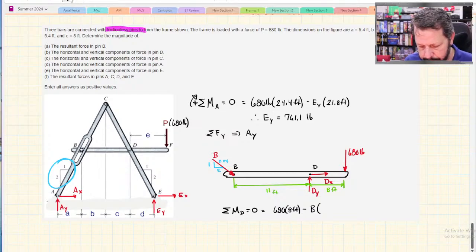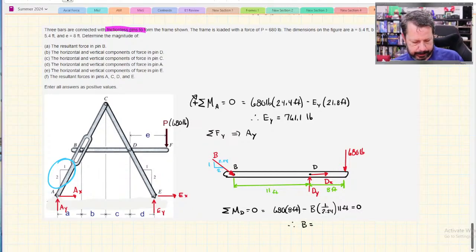So the y component is 1 over 2.24, and its moment arm is 11 feet. So let's see, 680 times 8 divided by 11 and divided by 1 over 2.24,